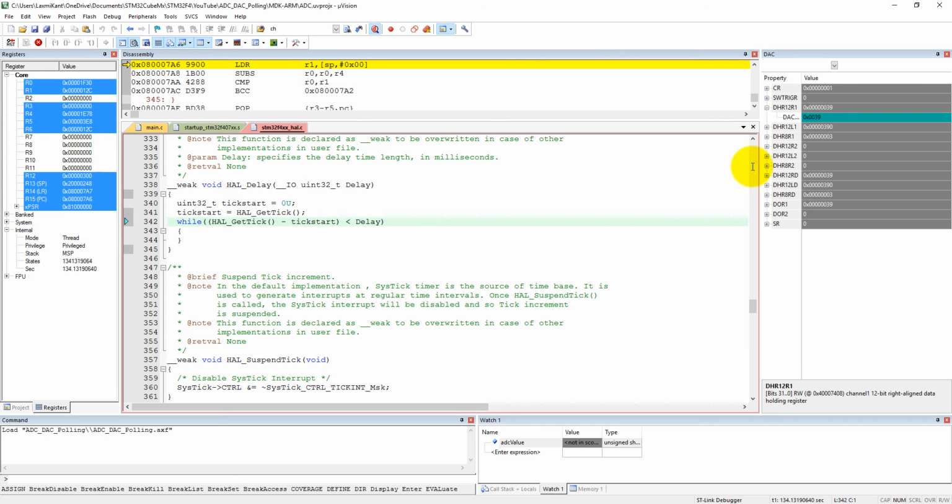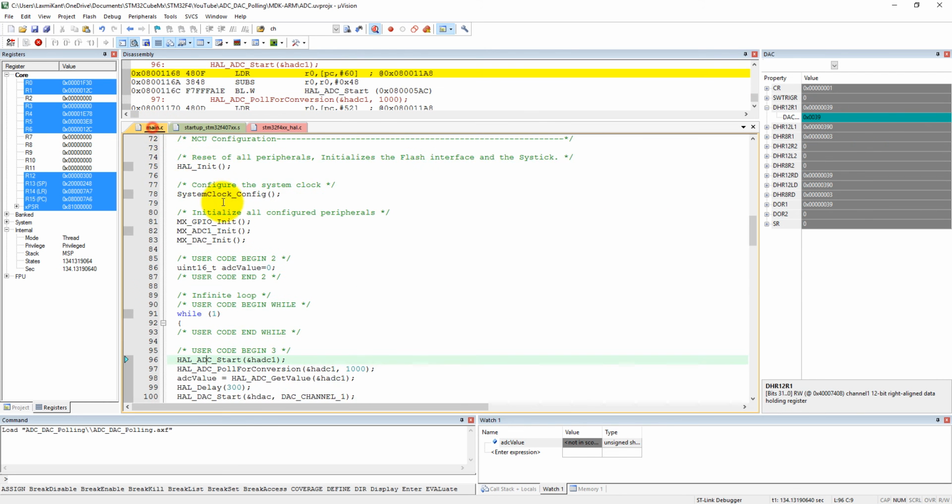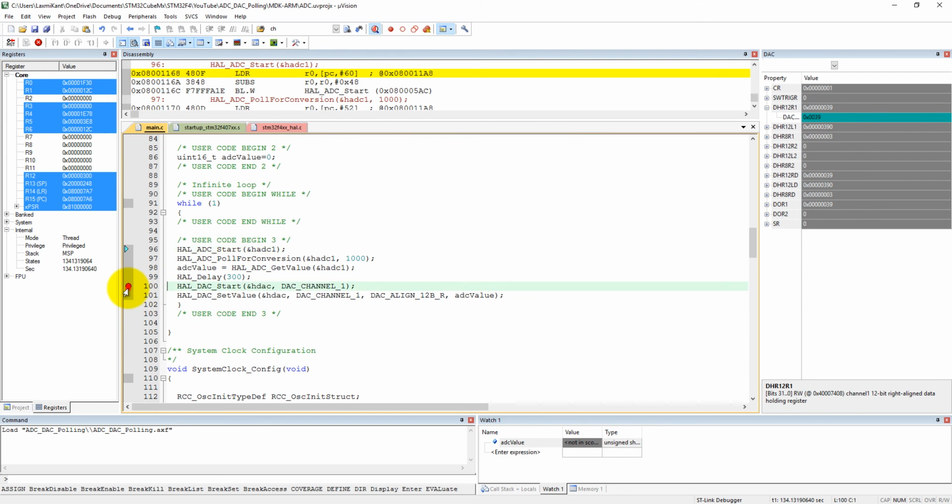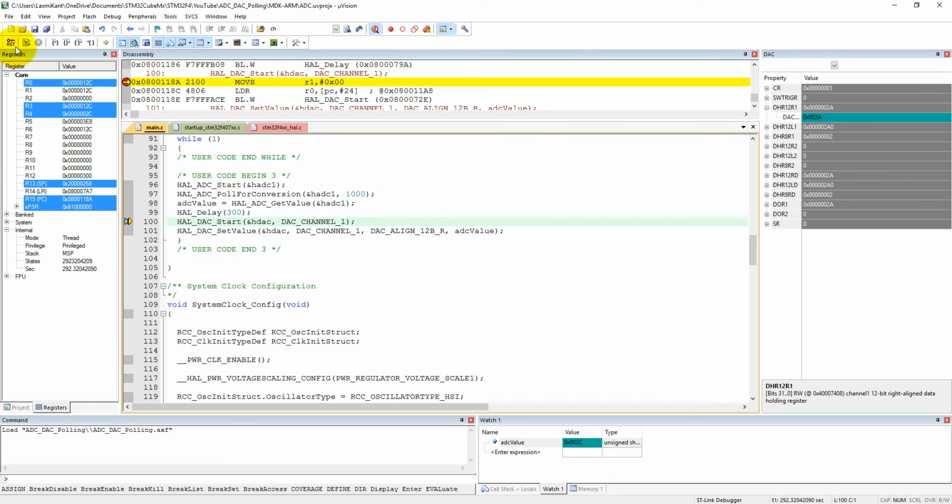It is running and it is actually setting, but it is not reflecting directly here live. What we can do is come into main and add a breakpoint here, and then we will go here. See here, these values are changing. 37, now this 37 will go to the DAC.